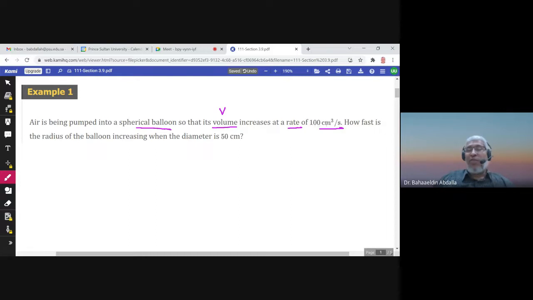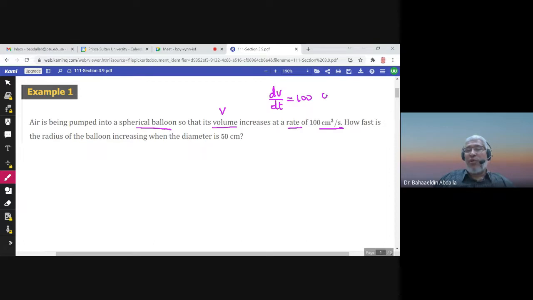So 100 volume per time, per second. Unit of volume over unit of time. Rate. What is the rate of change? It is the derivative. So when he says that the volume increases at a rate of 100 centimeter cube per second, he means that dV by dt is 100